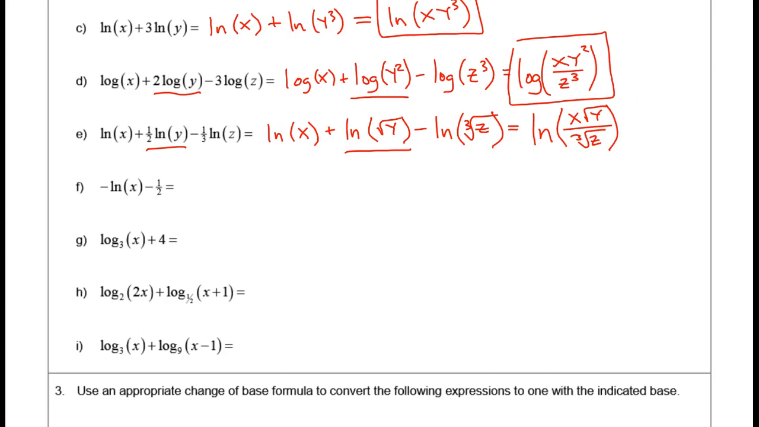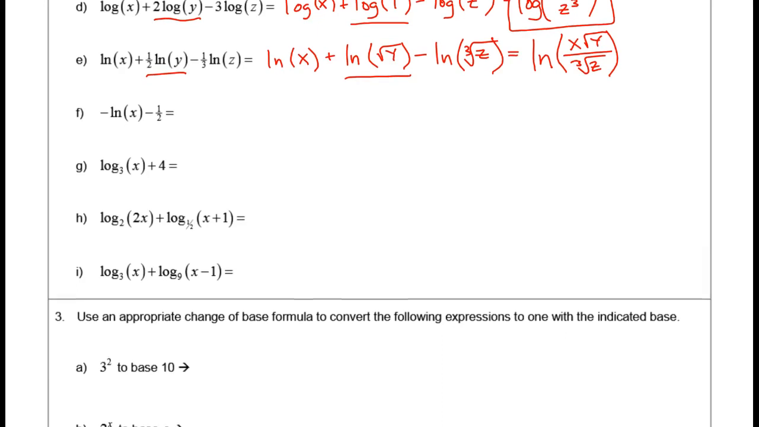All right, let's take a look at example F. And this is the first one that I would say the level of difficulty is ratcheted up quite a bit. So we're going to step through this one just a little bit at a time. First thing I'm going to do is rewrite the opposite of the ln of x. I'm going to take this multiplier of -1 and move it inside